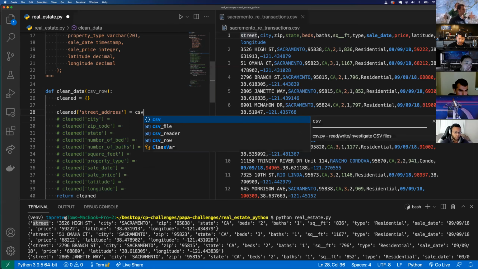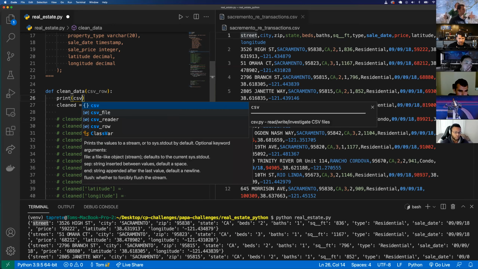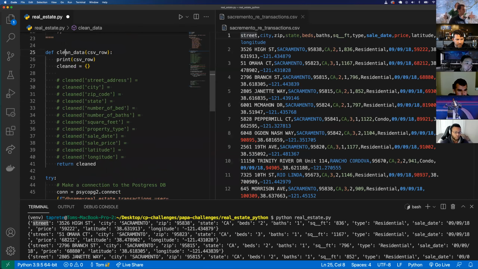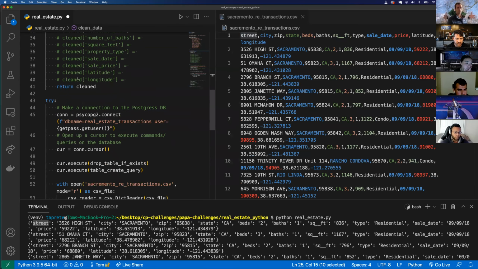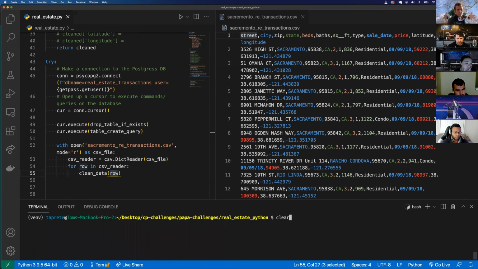Well, actually, before I do that, let's print the CSV row just to show you what that looks like. So I've got this method called clean data. I'm going to pass that CSV row into here. So if I clear that and run that file,